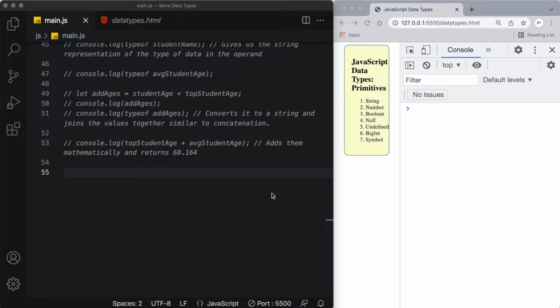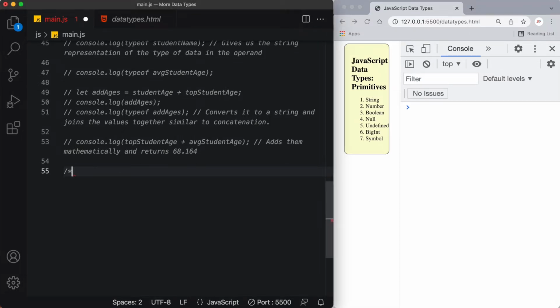There are 2 main categories of data types in JavaScript: primitives and objects. Objects are more complex, so we'll cover them later, but primitives are basically data types which are not objects and are very simple. Let's start with the Boolean data type. This is our 3rd data type. Now Booleans